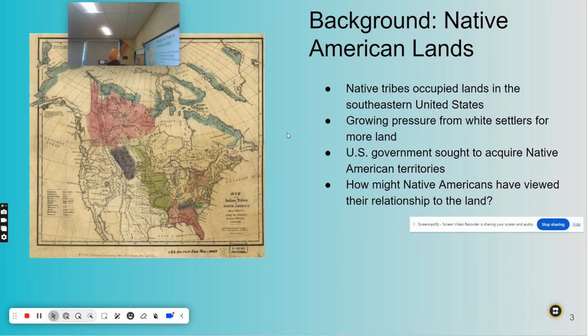So not only are these people being told to pack up and leave, but they're leaving behind lands that they had lived on literally for hundreds of generations. And on a promise that if they just go a little bit farther west, everything eventually will be okay. And that usually was not going to be the case.